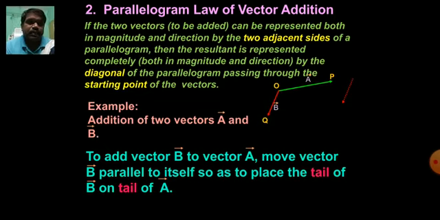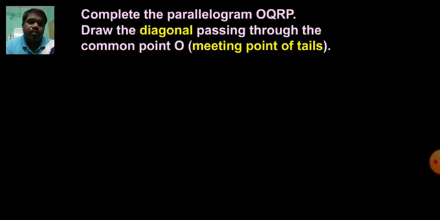This is the difference between the triangle law and the parallelogram law of addition of vectors. So what will be its resultant? Its resultant will be represented as per the statement. First of all, you have to make a parallelogram. This is a parallelogram. Then the resultant of vector A and vector B will be represented by the diagonal. So what would be the diagonal of this parallelogram? Very good, OR. So OR will be the resultant of vector A and vector B, that is vector R equals vector A plus vector B.